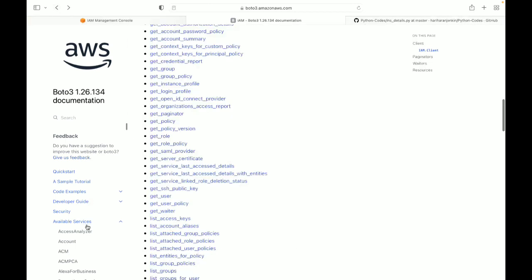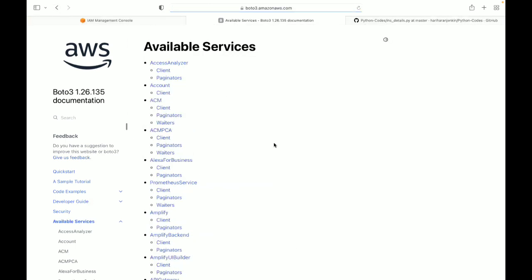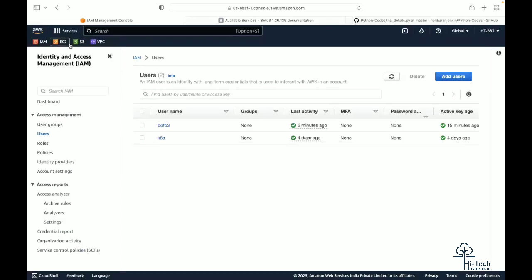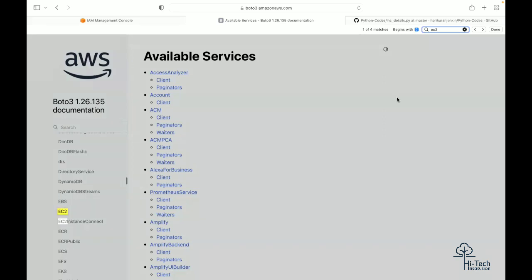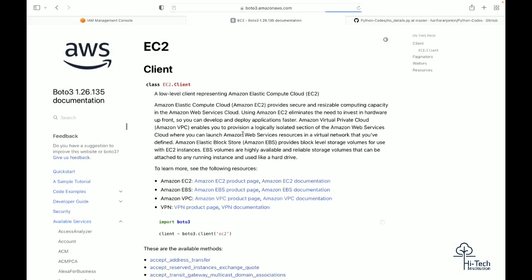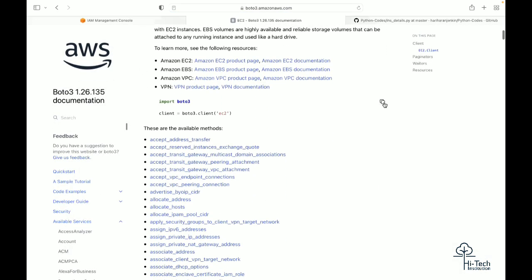Go to Boto3, the console, available services. Which service do I need to search for? Search for VPC. The thing is, graphically in the console you have different services for EC2 and VPC, but from a programmatic DevOps perspective, EC2 and VPC are the same service. So you need to search for EC2 only. Sorry, the VPC component is also available under the EC2 service only. Okay, so copy this,